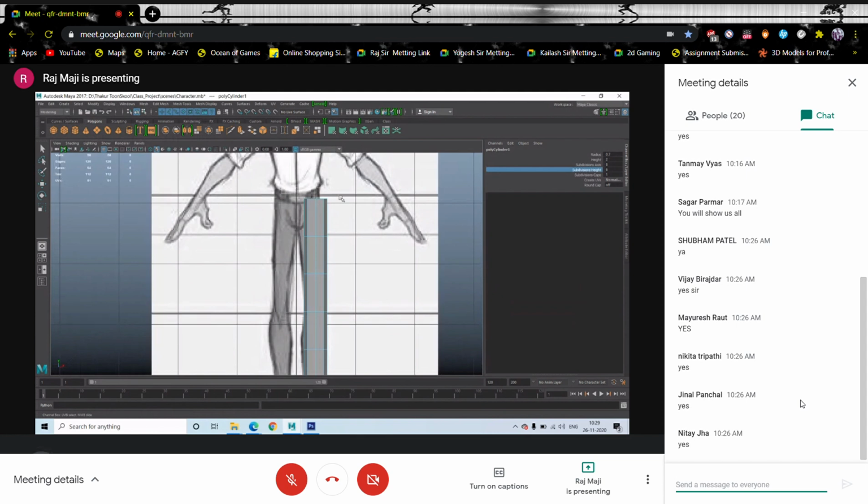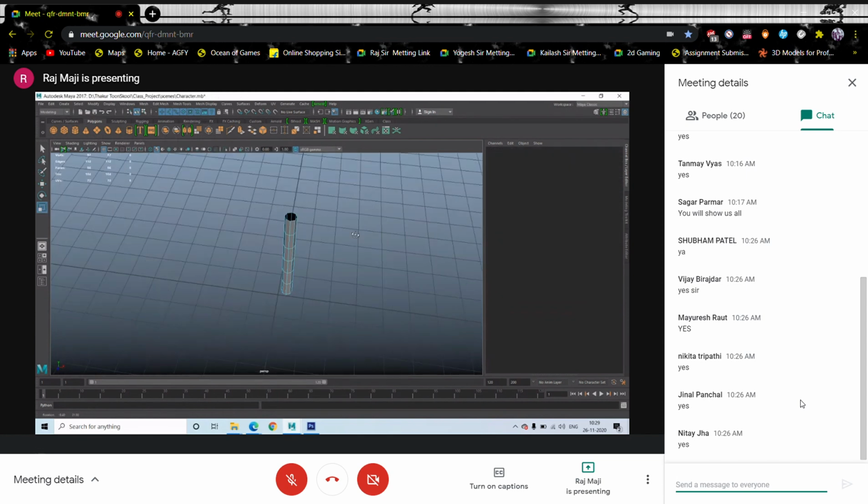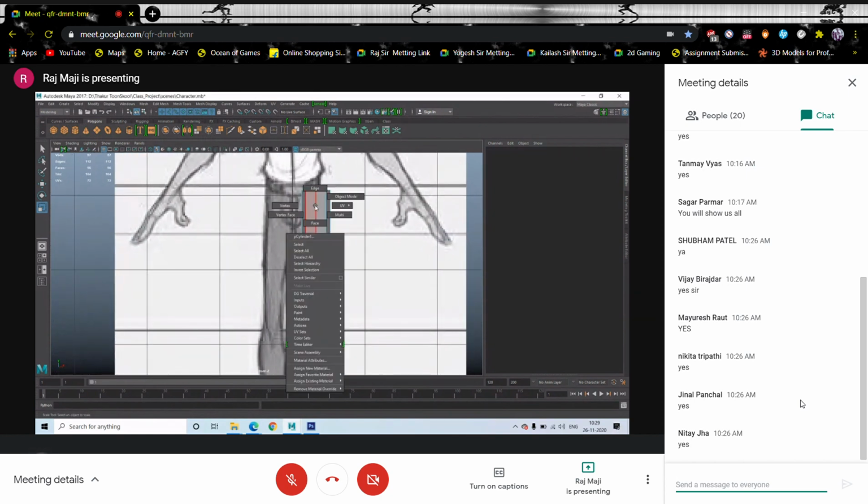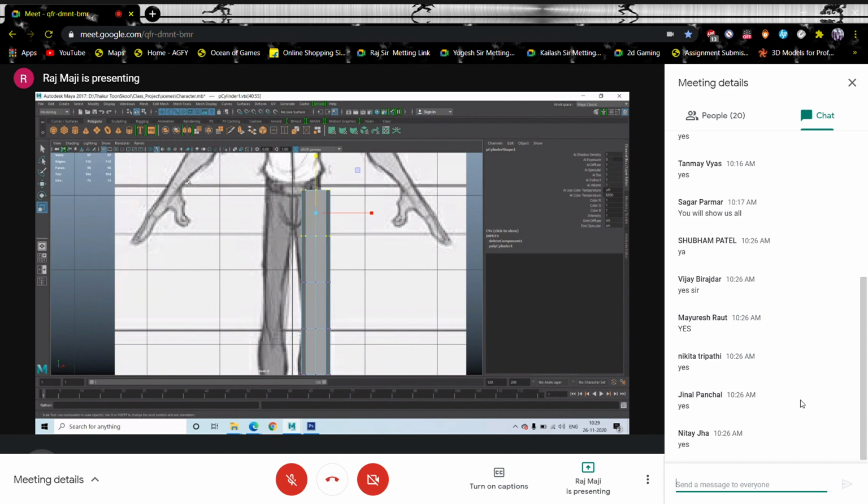Now a few things. The top faces, I'm just deleting it. I don't need it. Okay, and now my job will be. This is a very different kind of approach. Actually, I don't show this approach to the students. They will be confused. But this time I thought to show you guys because we should know 2-3 approaches for the modeling. Okay,